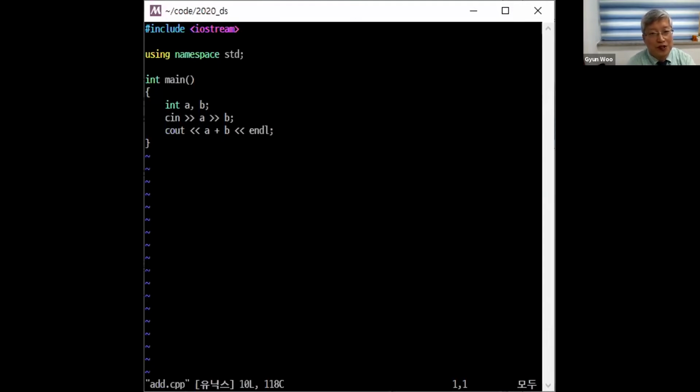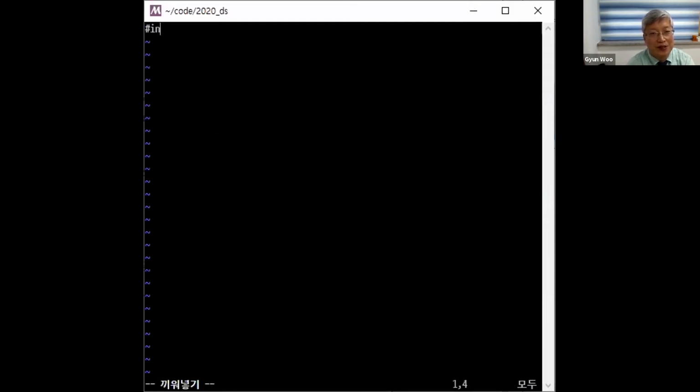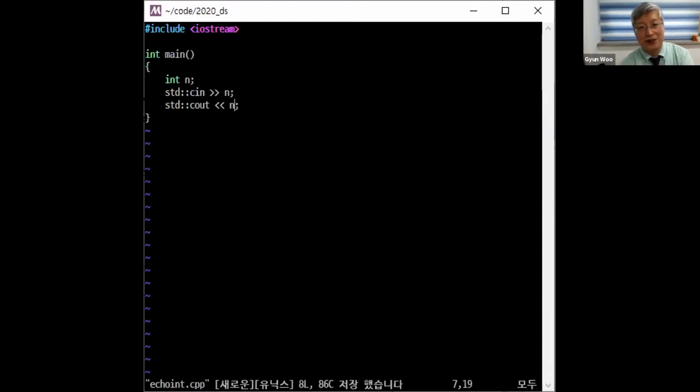So if you want to just write an echo in the CPP, you just include iostream, and in your main function, you want to read an integer int n, and you want to read it from standard cin into n, and then standard cout, you want to print n. This is valid C++ code. So just save this